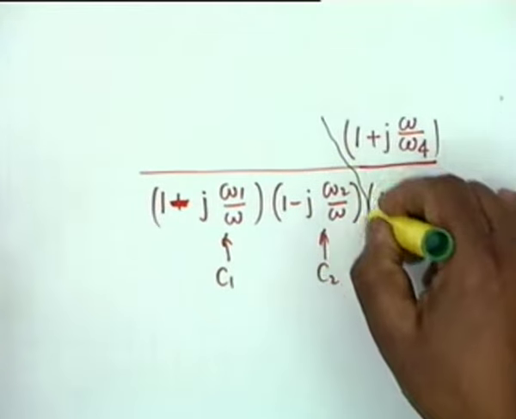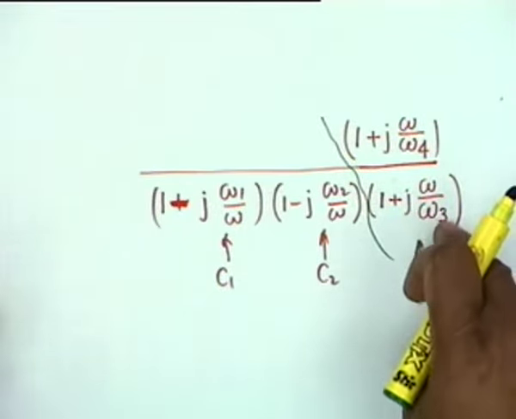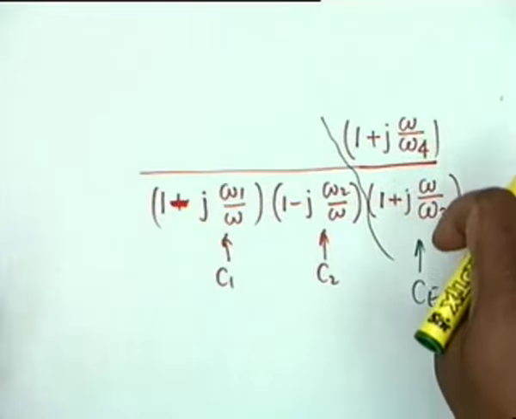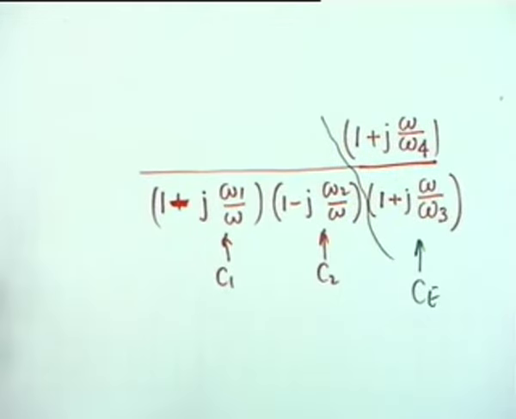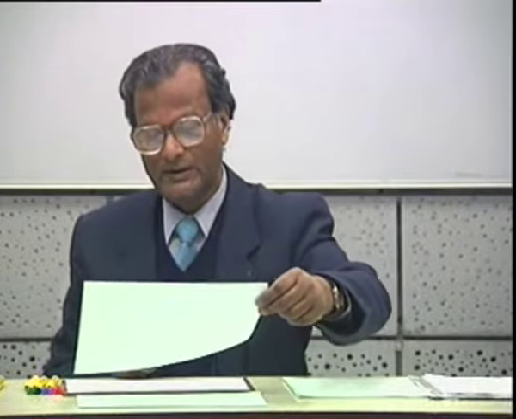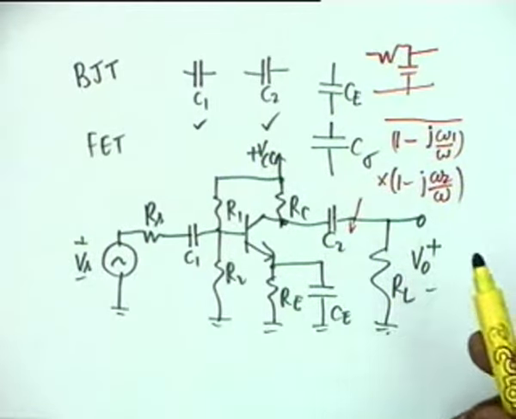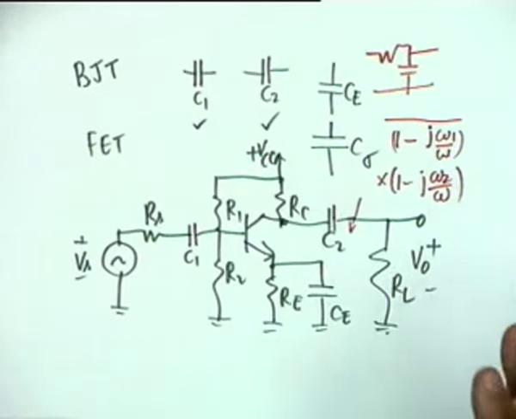These two come due to CE. These are the poles and zeros. There is a pole and there is a 0. The pole is of the low pass type. So this here C2 is in series with R2, but isn't it in parallel with R2 also? C2 is in parallel with R2 also. Where is R2? Sorry, RC. C2 is in parallel with RC. That's fine. In the equivalent circuit.